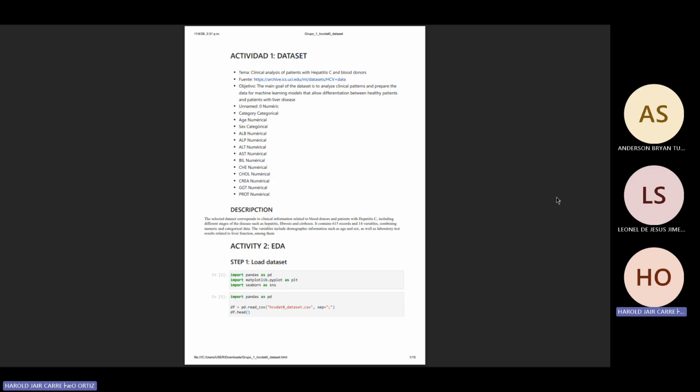Name and zero numeric, category categorical, age numerical, sex categorical, ALB numerical, ALP numerical, ALT numerical, AST numerical, BIL numerical, CHE numerical, CHOL numerical, CREA numerical and GGT numerical and